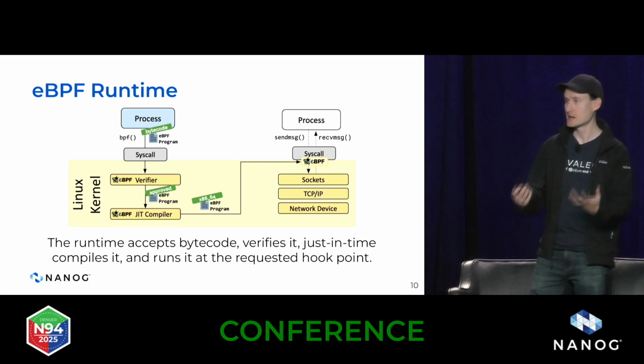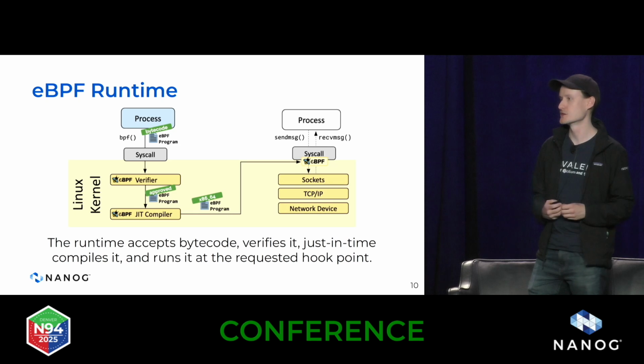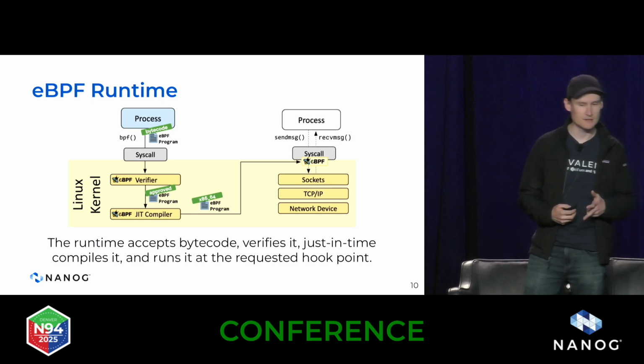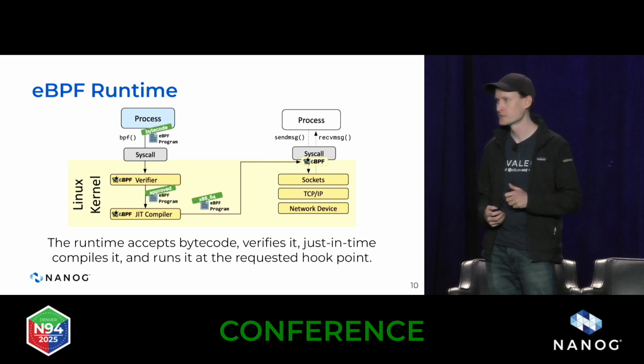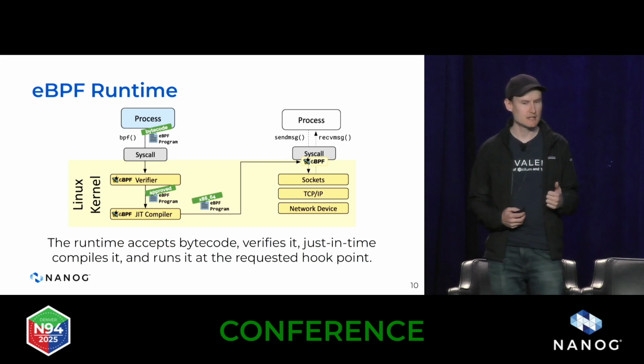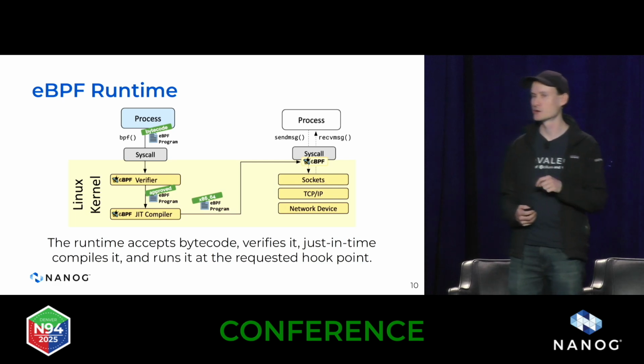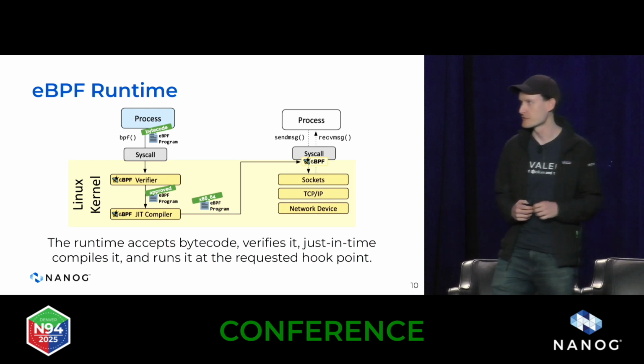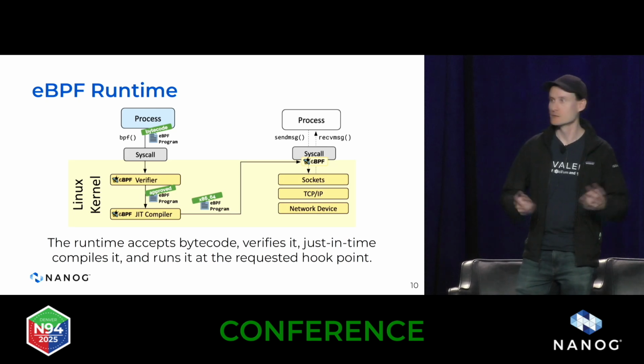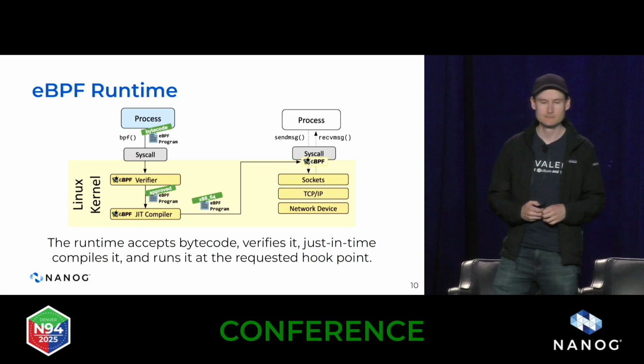you attach that bytecode, that feature, into the operating system kernel. And there are three primary steps that the eBPF programs go through at this point. First, the kernel actually verifies the safety of that eBPF program. So the eBPF program is not going to crash the kernel, access memory out of bounds, or deadlock the system.